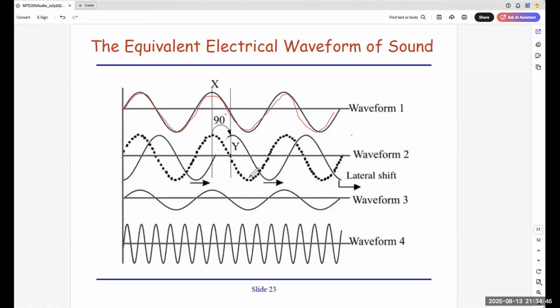Then waveform 2 shifts a little bit to the right. This blue color waveform is called Y. There's a shift, and because it's delayed, the zero starts later. But if you compare to the red dotted line, you can see that the dotted line advances earlier. The zero starts earlier. This one starts later. So basically, waveform 2 and waveform 1 are the same, except that it is delayed by 90 degrees.